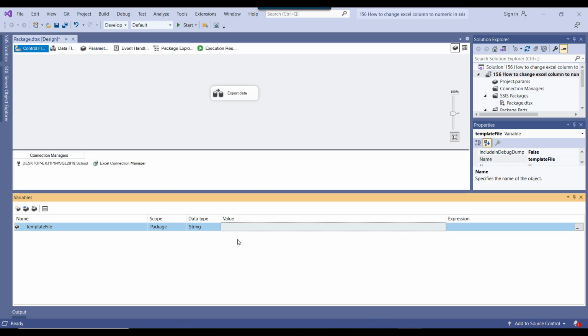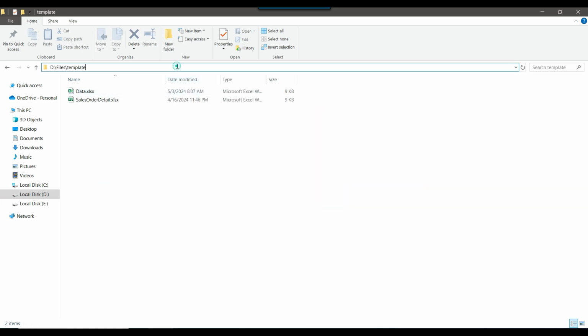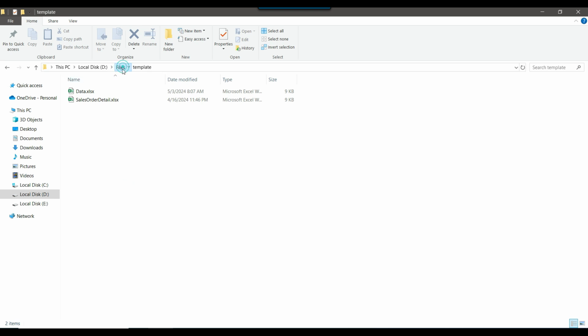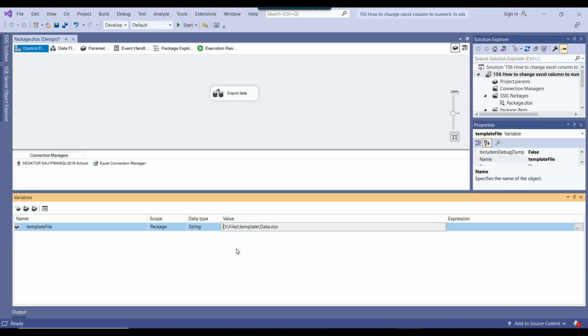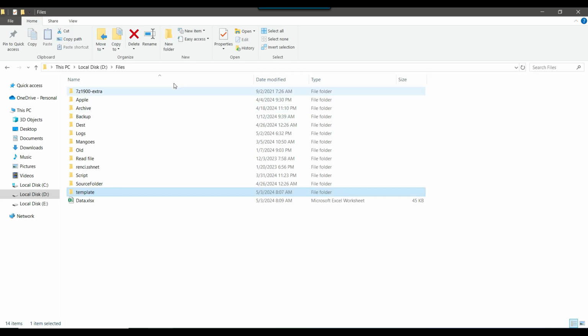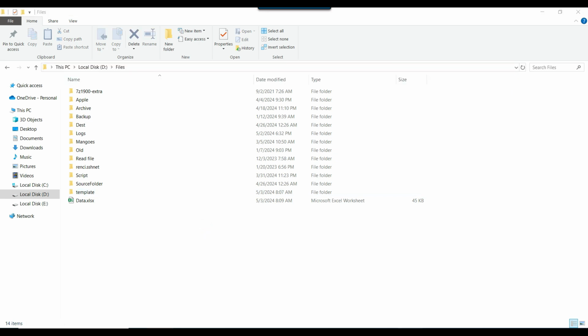Now I can go back to the location here, and I need to copy the path of the template file. My template file path is this one, D file template data.xlsx, so I can paste the value here. Now I need to create another variable and I will call it file path, which will be the final file path, the file where the data will be exported. So the data will be exported to this file, data.xlsx.